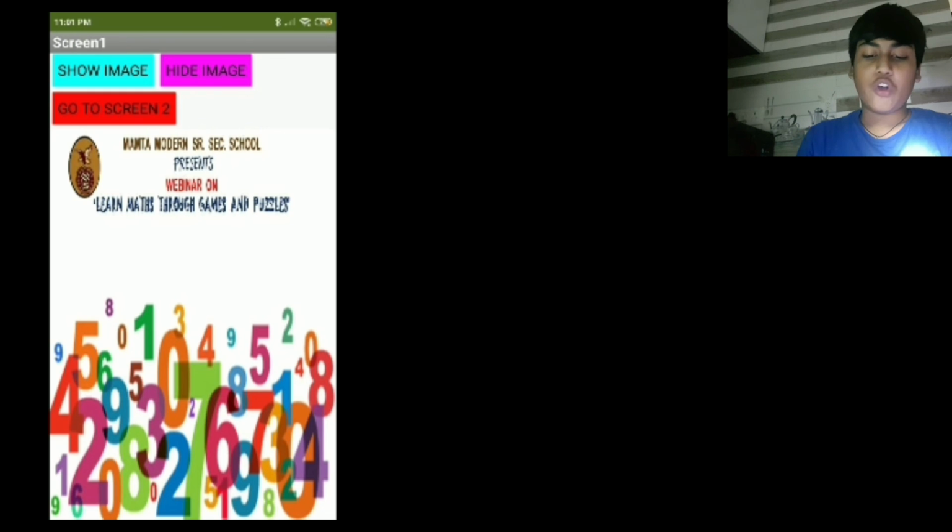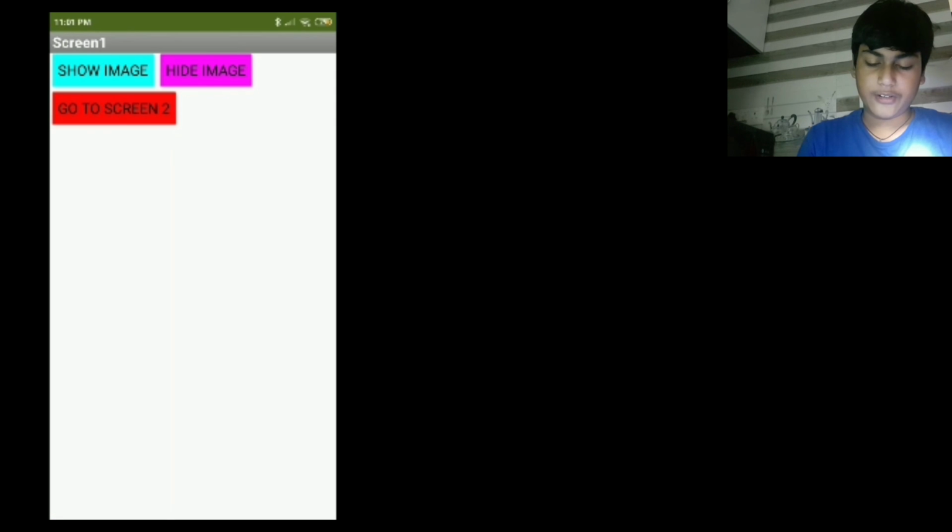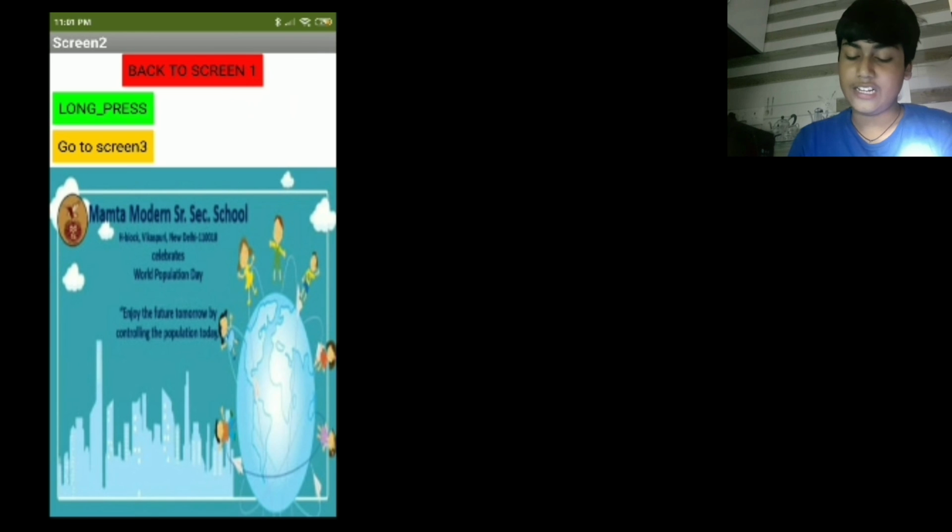If we click on hide image, the image gets hidden, and when we click on show image, the image is shown. When we click on go to screen 2, it just takes us to screen 2. And if we do a long press, then the color that we have selected, like green, comes on the top. And after that, when we click on go to screen 3,